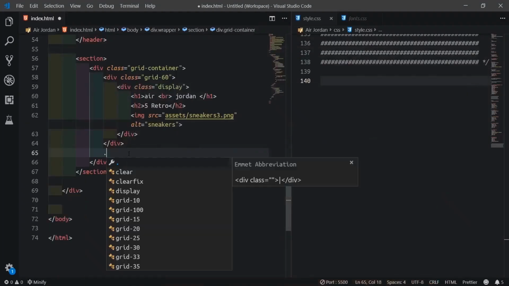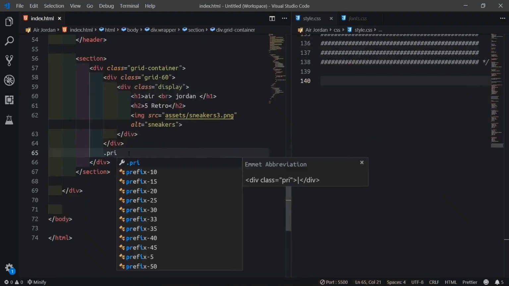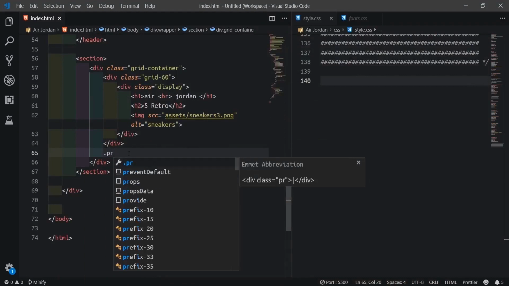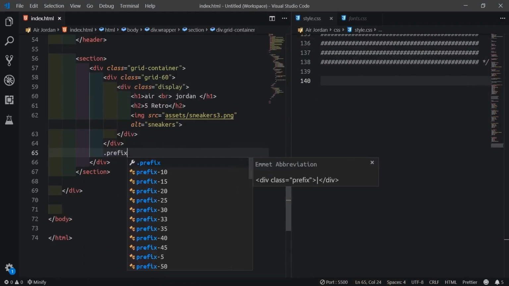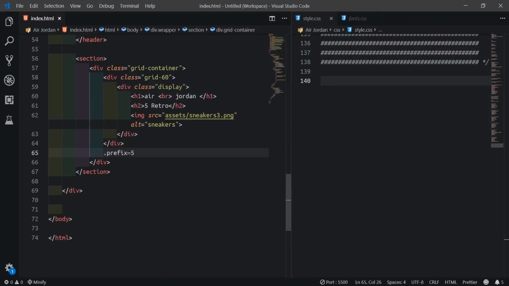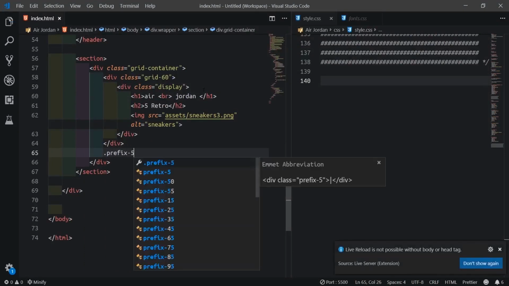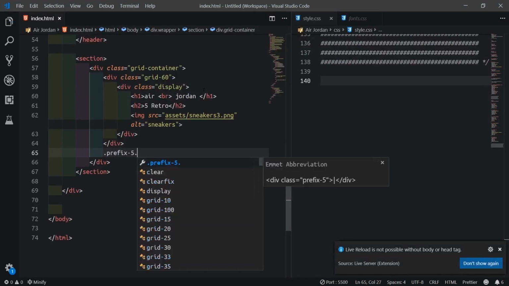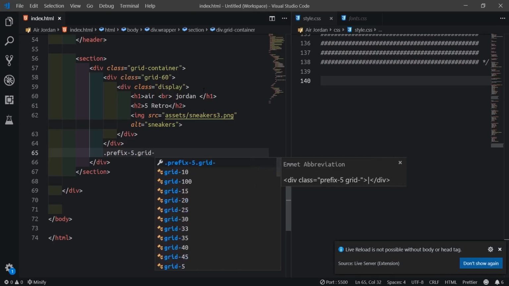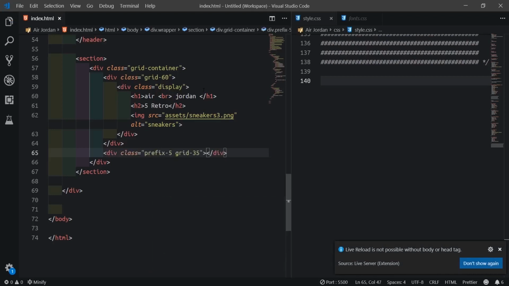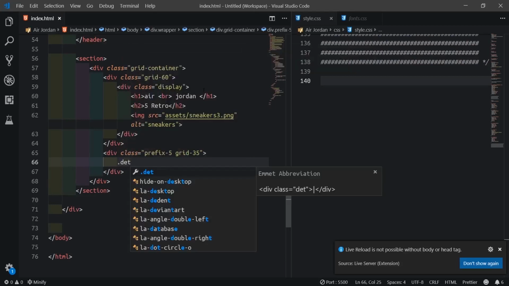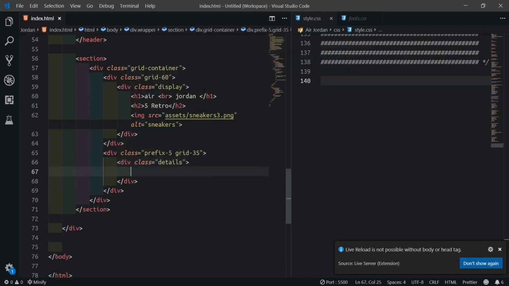So I just come here and say dot prefix 5, dot grid 35. So we'll say details, then we'll observe this thing again.